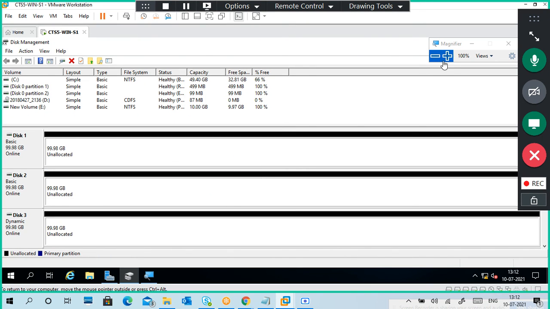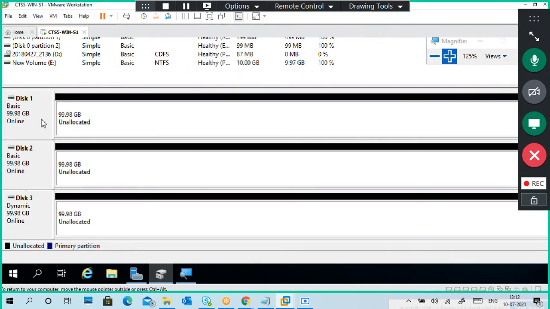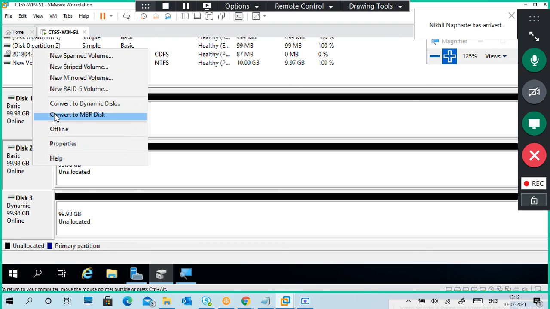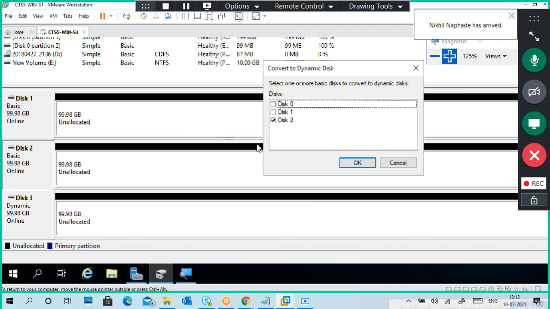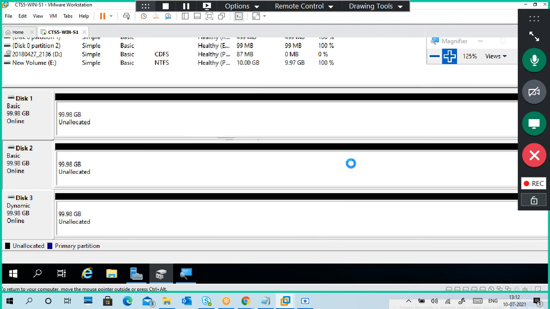Okay, now I want to create a RAID 5. All our disks are dynamic disks. I will convert this one also to dynamic. 1, 2, so 1, 2, 3 I'm using.